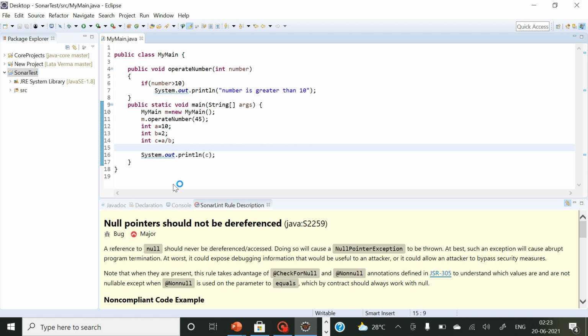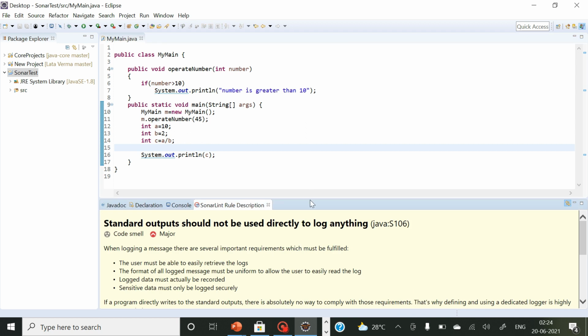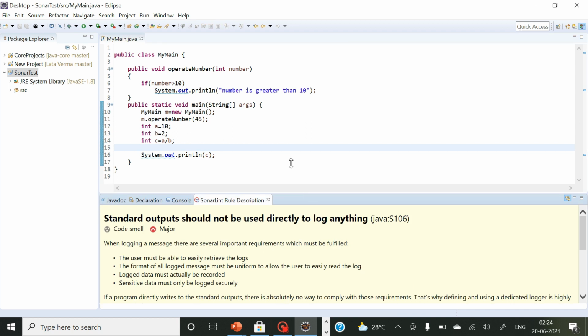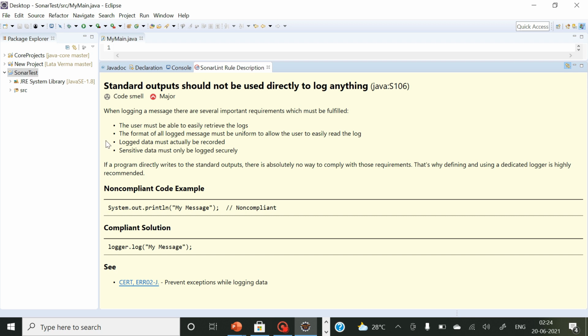So open the rule description, and here I'm getting the solution for that issue. The non-compliant code is System.out.println, but the compliant solution is logger.log with my message. So in this way you should use a logger.